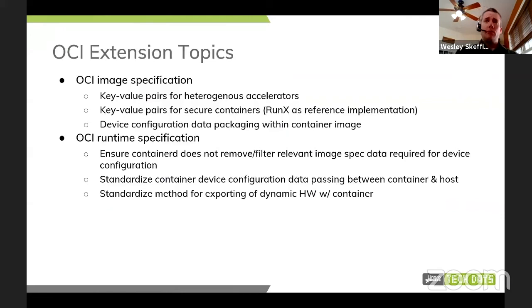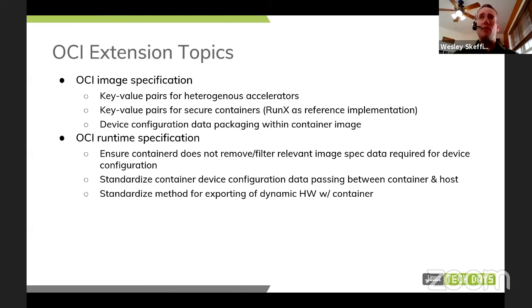So to talk to where are we looking for collaboration, why do we want to really engage with the broader audience here, is that we've seen a lot of vendor-specific implementations around enabling containers and container orchestration for heterogeneous hardware, but they're just that, vendor-specific.